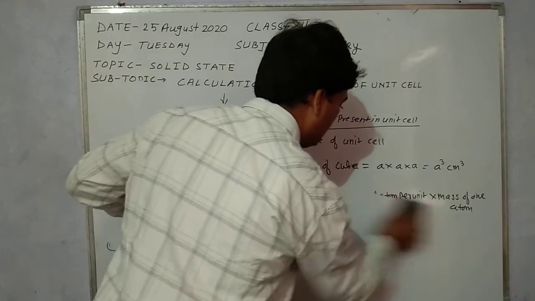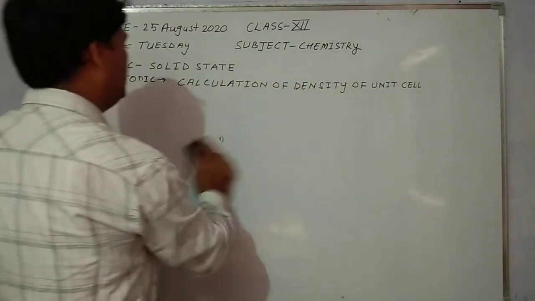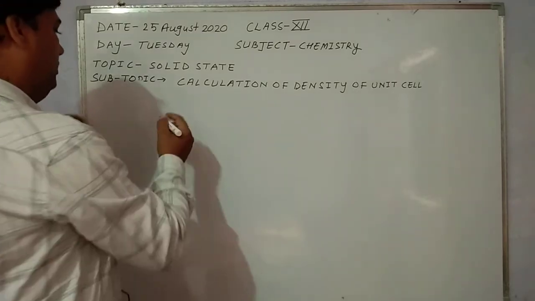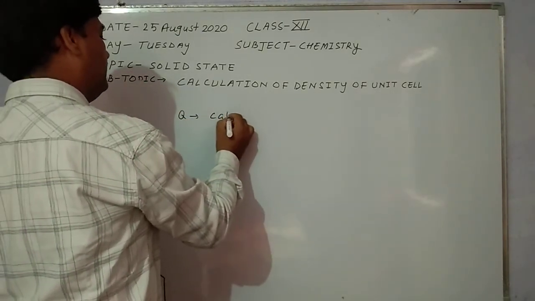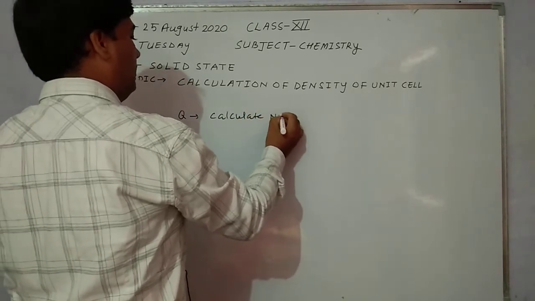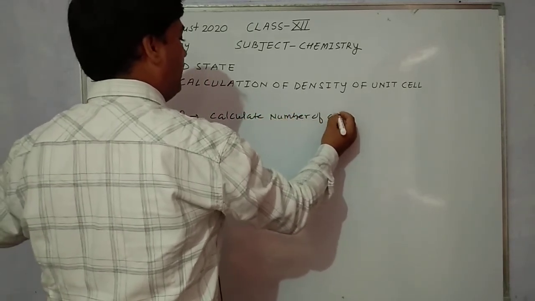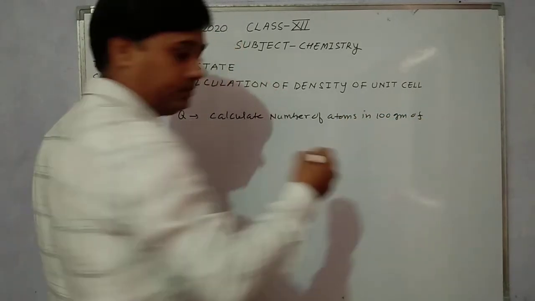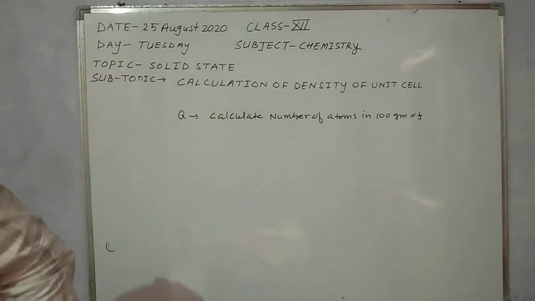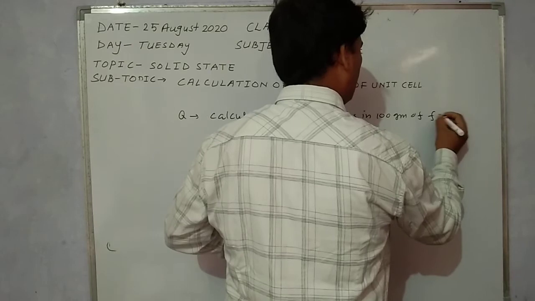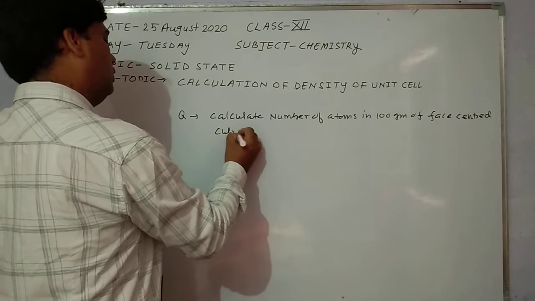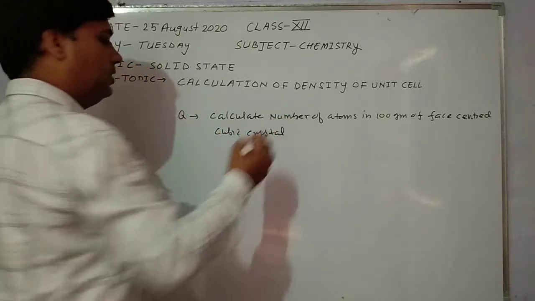I am going to discuss a question which is related to density of unit cell. The question is: calculate the number of atoms in 100 gram of face centered cubic crystal